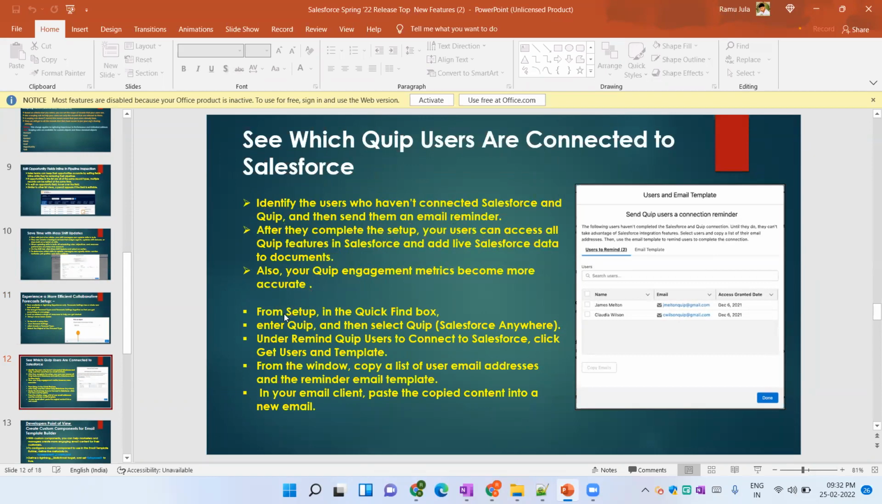The navigation is: click on Setup, then in the Find box enter Quip, and then select Quip Salesforce Anywhere. Under Remind Quip users to connect to Salesforce, click Get User List and Template. After clicking, from the window, copy the list to your email address and the reminder email template. Select that, and in your email client, paste the copied content into a new email. The page is displayed like this. After doing this process,